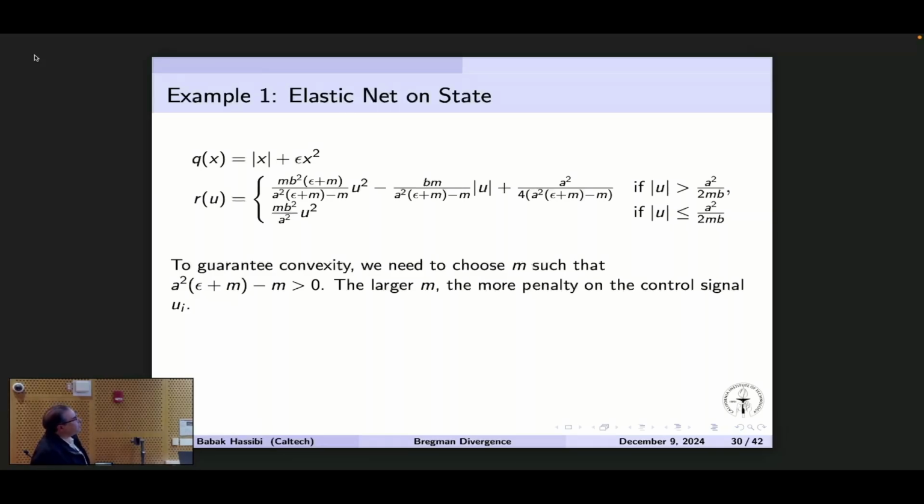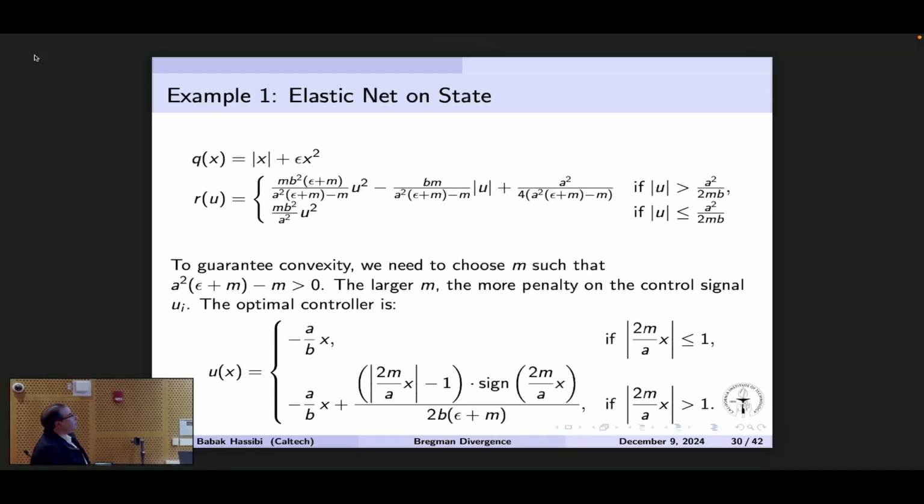So you can look at this. If you look, for example, at the leading order terms, there's m's here, but there's an extra m in the numerator of both of these. So the bigger m is, the more penalty, if you will, on the control. But typically this cost on the control, it's piecewise quadratic, if you will. But again, you can choose m to your desire. Now, more interesting is what the optimal control is. Again, the way you find the optimal control is you find the Fenchel dual of this, and you take the gradient of the Fenchel dual. You get a piecewise linear control, which is this.